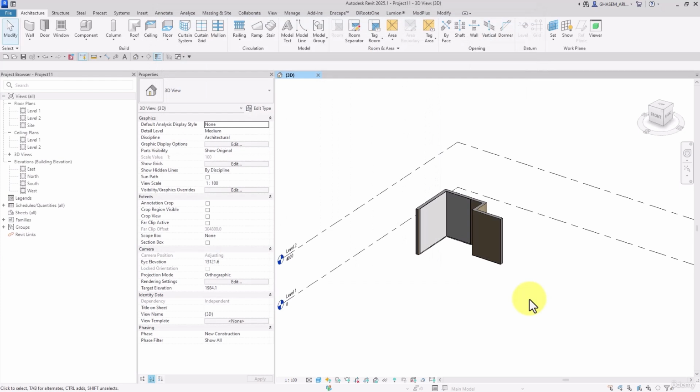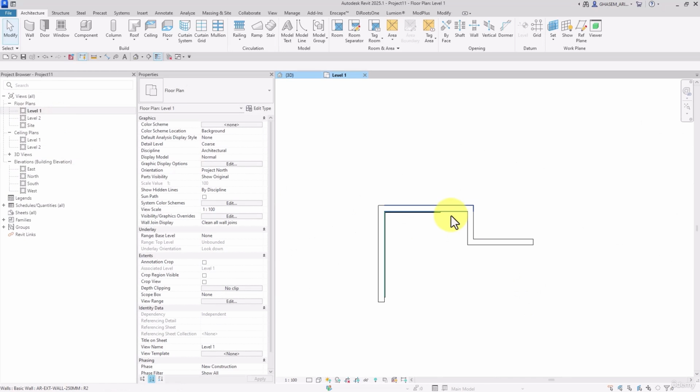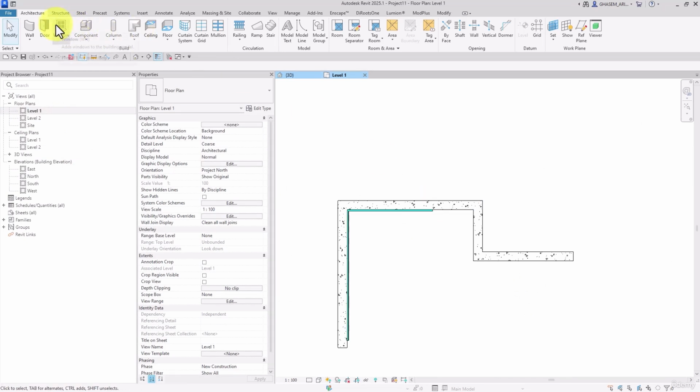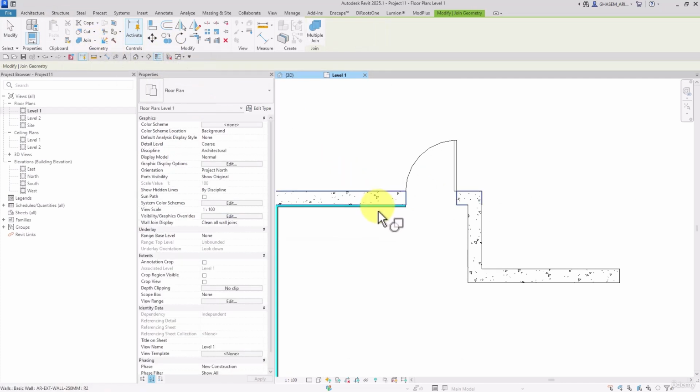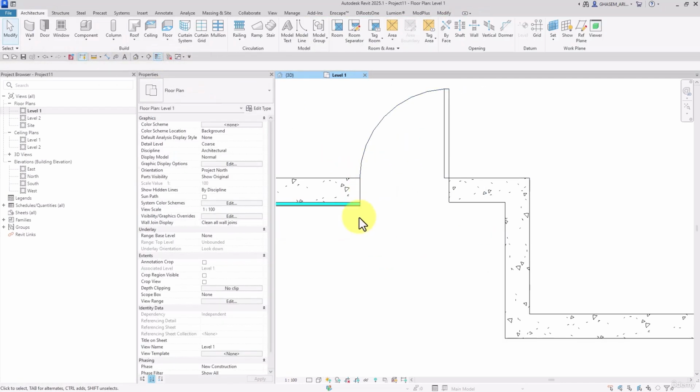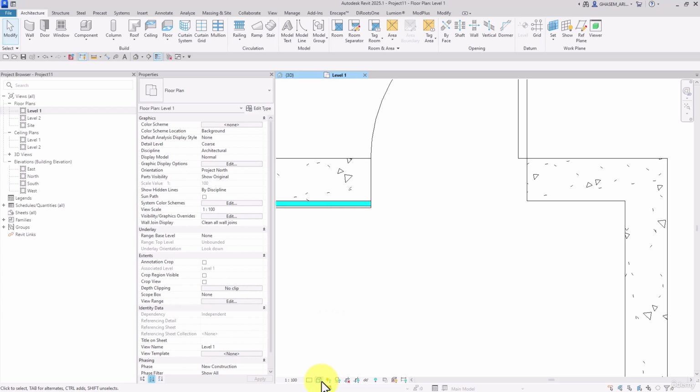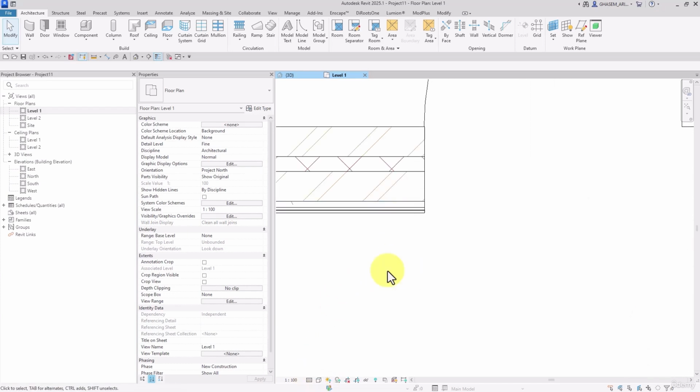I want to tell you a technique to convert the system families to loadable families, and this is very valuable and professional in this field, and it's helpful in some of the cases. As you remember, for some of the parts that we added doors and windows like openings in these parts,